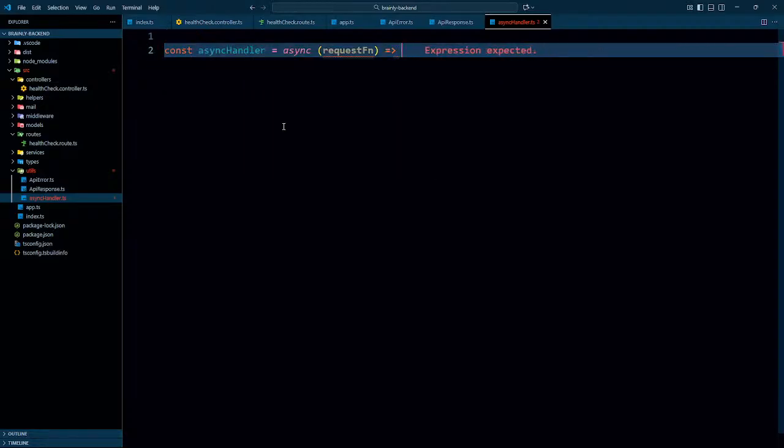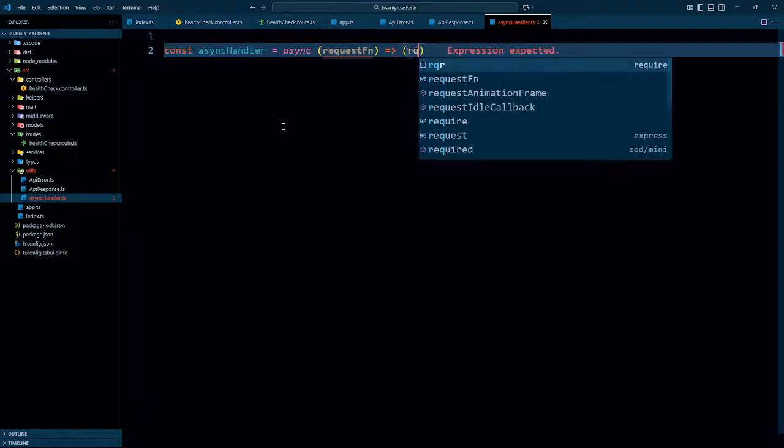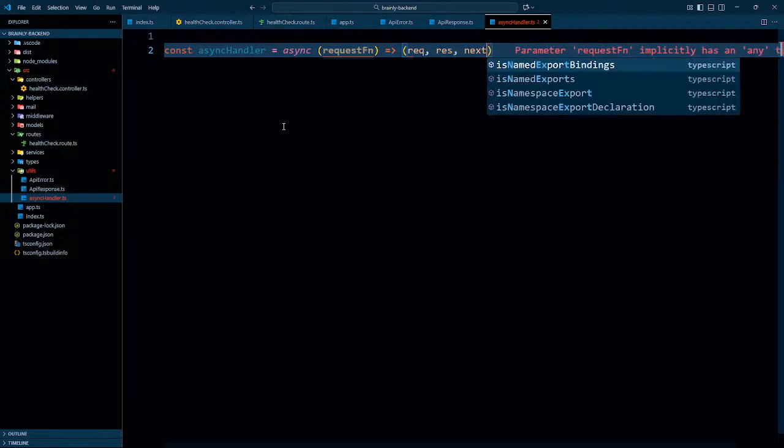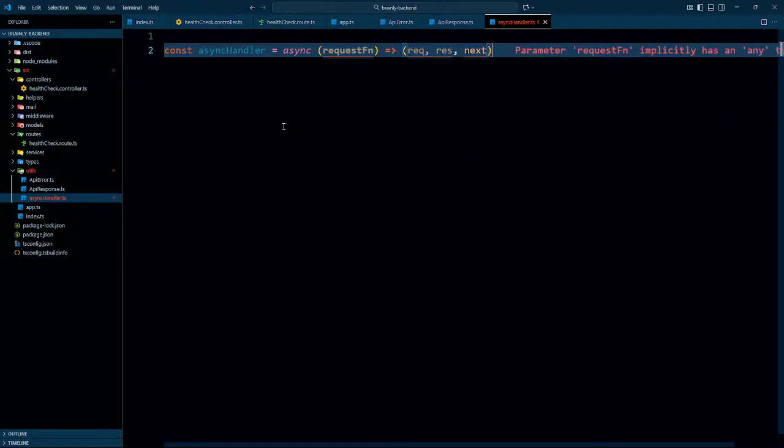That's insane. So it is a function that takes a request function, then it returns a function, and that function gets the request, response, and next values. And once this thing is done, this next function runs the previous function.